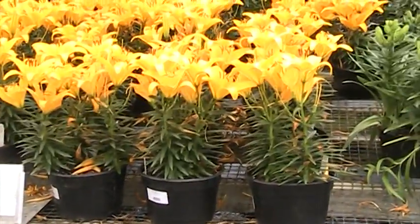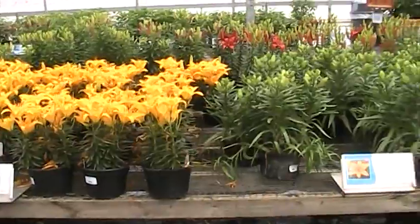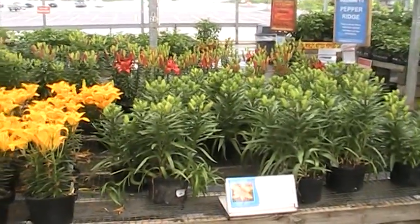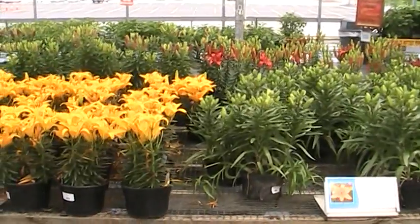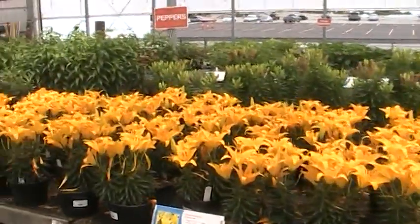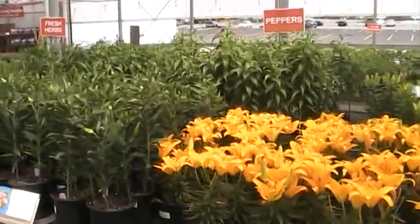Oh, and you can't beat these. It's the Asiatic garden lilies, just now starting to come into flower. This particular series is the tiny series. They stay more compact, about 14 inches high. You can see the multitude of colors that are available for you, but just getting ready to start to flower for you. Again, those are the Asiatic lilies, and to their left would be the Orientalis, or the Oriental lilies